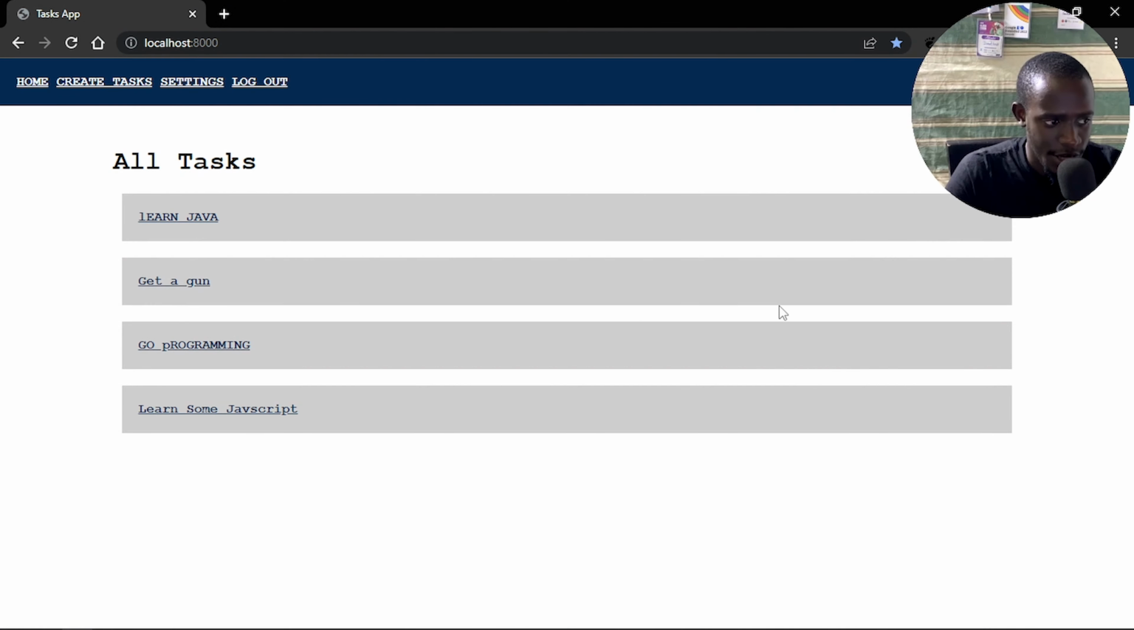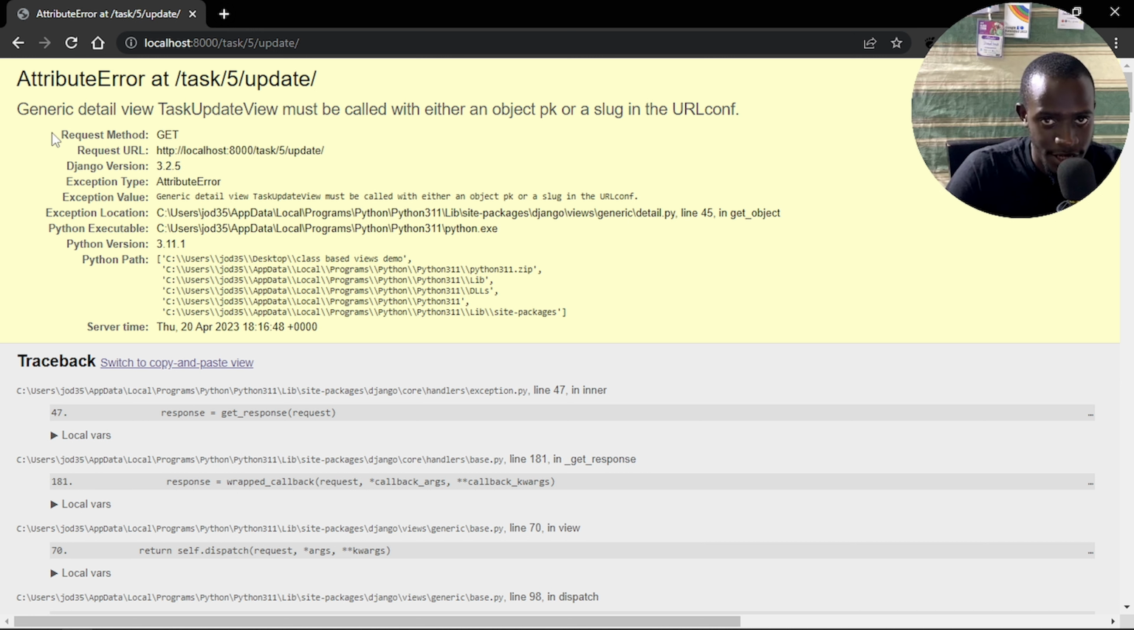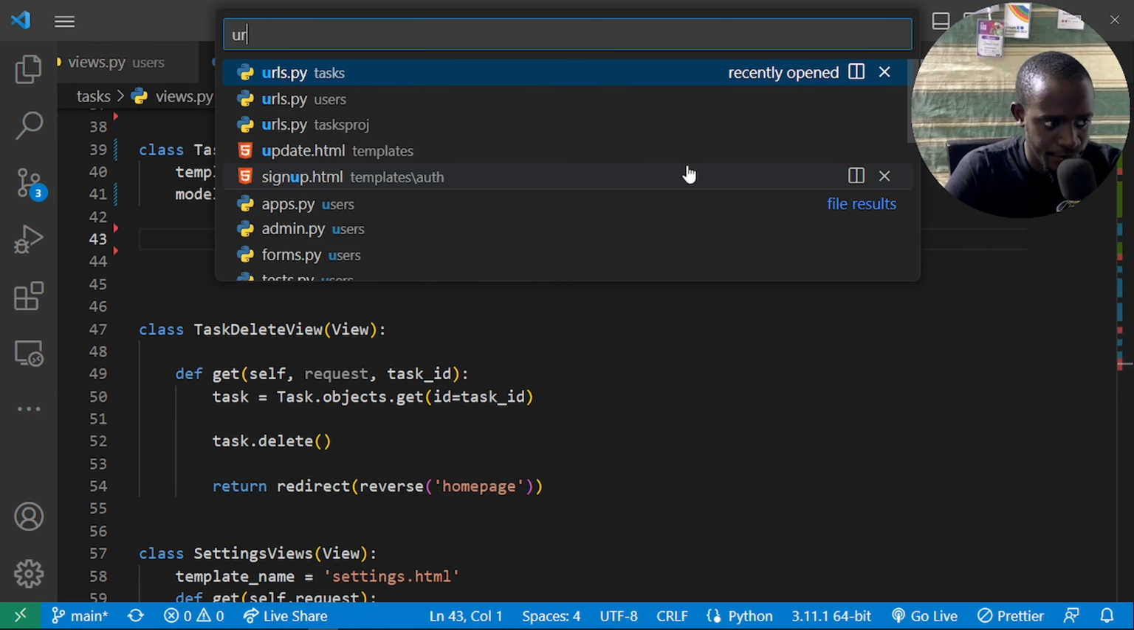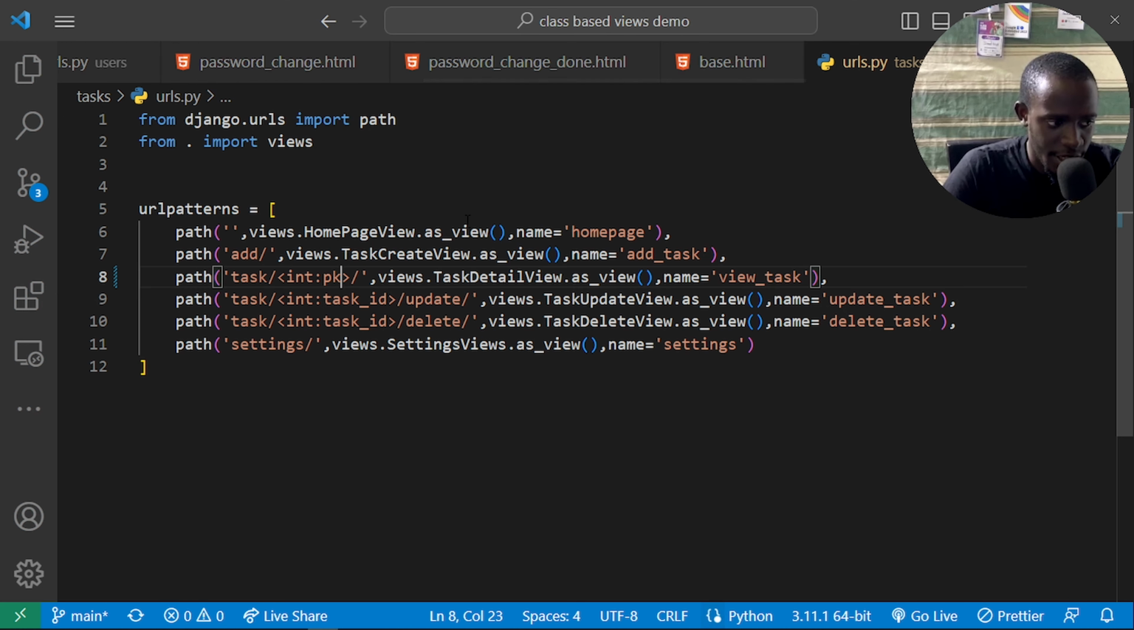So if we go back to our app and we try to access our update task, we are now going to see that our generic detail view must be called with a primary key or a slug in the URL configuration. So that means we also have to update this in our URLs. Now, when I go back to our URLs, I'll go where we have our tasks. And in here, instead of having our task ID, I'm going to update this so that we have a primary key. And when I refresh,